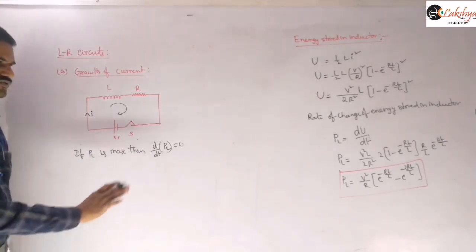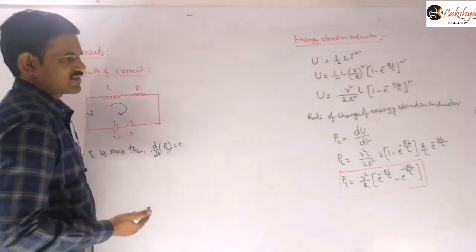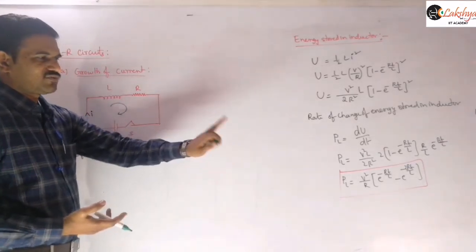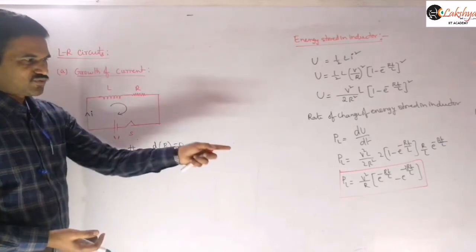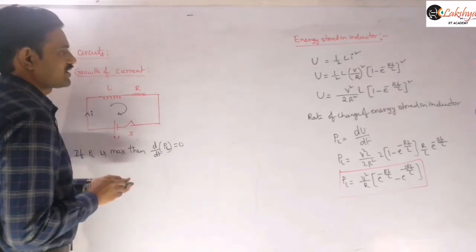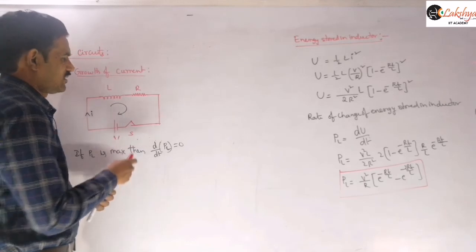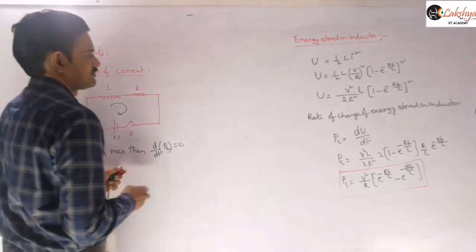So do that calculation. I am not doing that. For the capacitor also we did a similar calculation. So is it clear? Differentiate that and equate to 0, you will get the T. And if you substitute the T value in that equation, then you will get the maximum PL value. Next I am writing the rate of energy stored in that resistor.